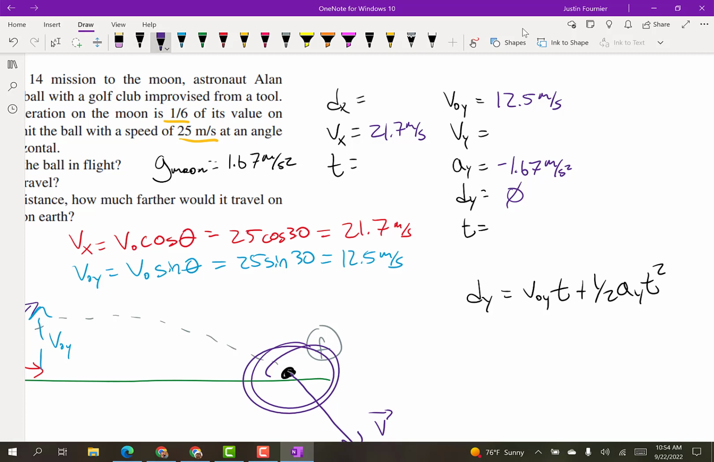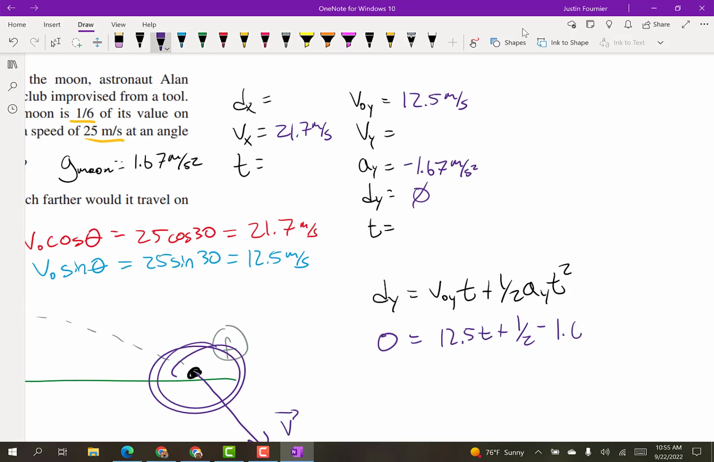And then plugging in numbers here, displacement y is 0. Initial velocity along y is 12.5 t plus 1/2 times, so negative 1.67, times t squared. So this gets reduced to 12.5 t minus 1.67 divided by 2, which is 0.835